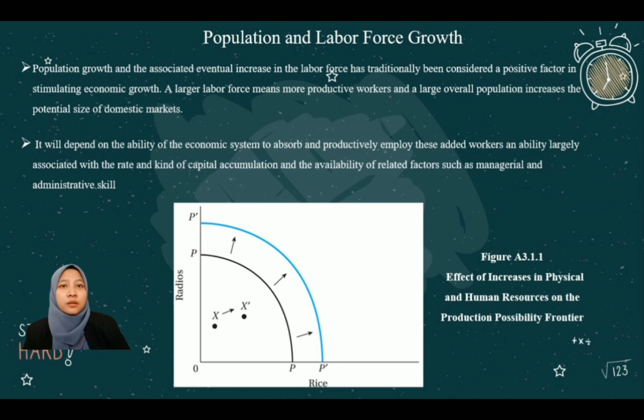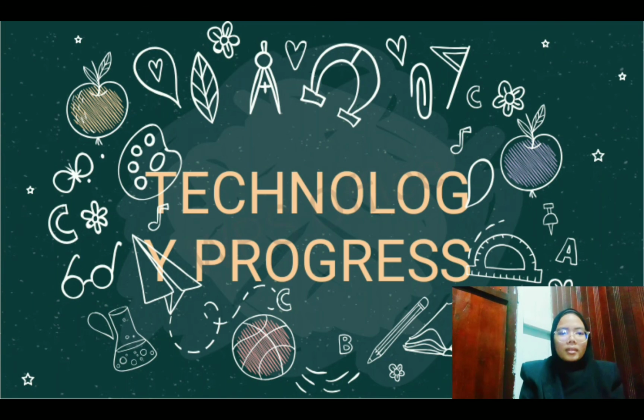Resource growth is not even a necessary condition for short-run economic growth, because better utilization of idle existing resources can raise output levels substantially, as portrayed in the movement from X to X prime in the figure. Nevertheless, in the long run, the improvement and upgrading of the quality of existing resources and new investment designed to expand the quantity of resources are the principal means of increasing the growth of national output. That's all from me. Thank you.